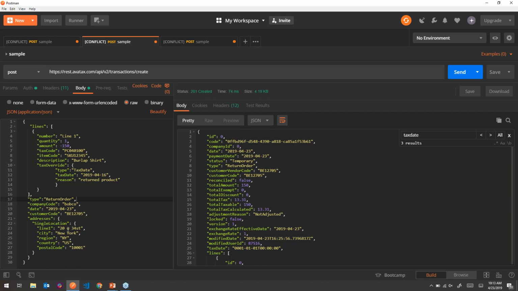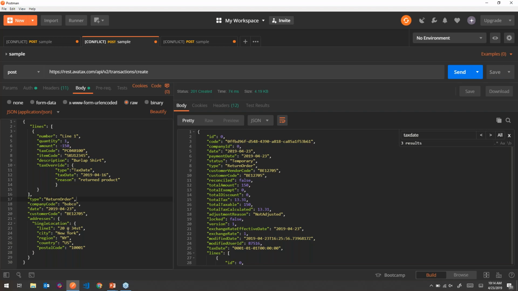Okay, so we're still utilizing the same tax code to process the refund on the item. We want to make sure we follow the same taxability rules as the original transaction. We're still going to pass in the description. What we see here down at the bottom is a tax override. So this is very important for someone that's purchasing an item and then returning it several days later. So we're going to process the refund and record the refund transaction using the current date. So that's the current tax date. However, we want to use the tax override tax date value of the original invoice date to calculate that refund